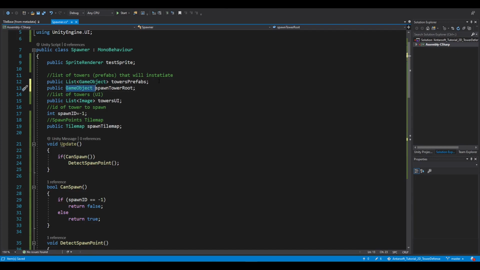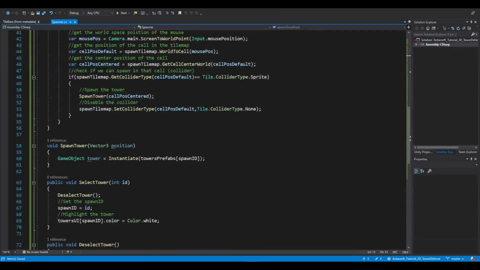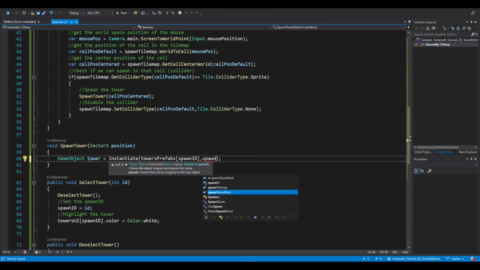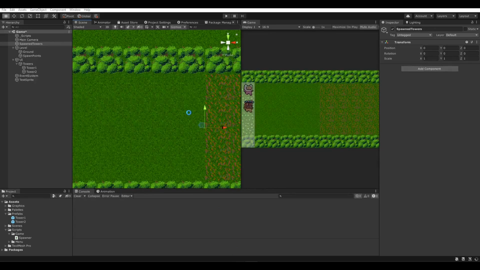Let's make it a transform of the spawning towers root object. Okay, so what we need to do, instantiate it as part of spawn tower root. And let's go step by step. Let's do this first and then see where the tower